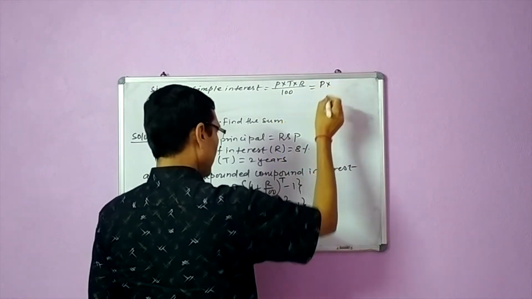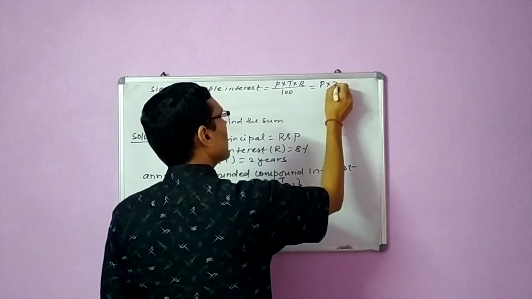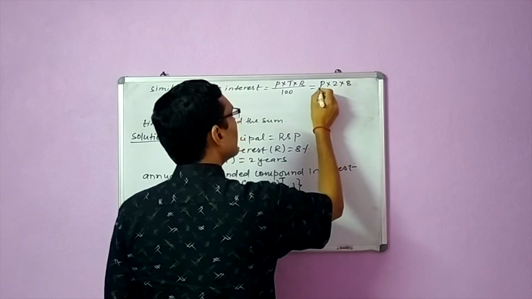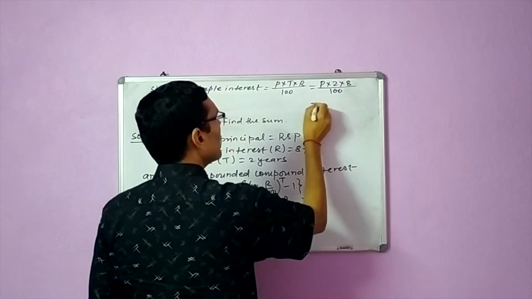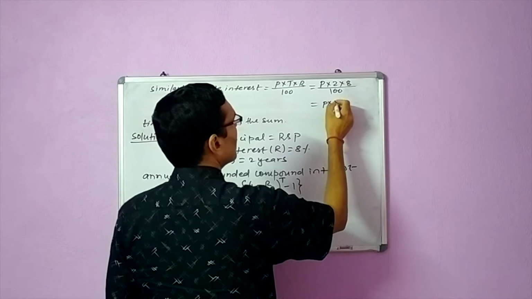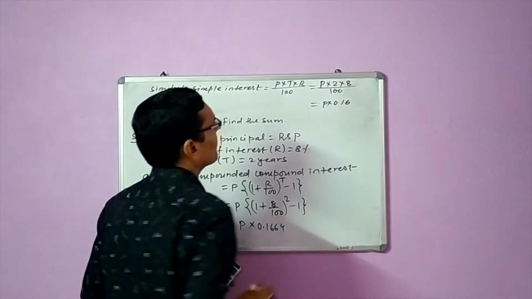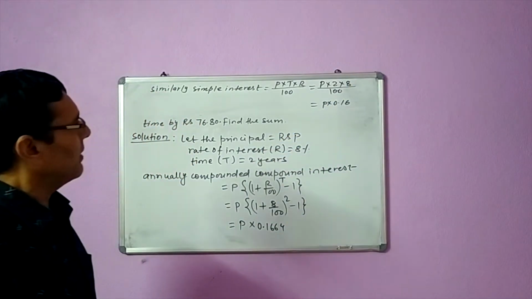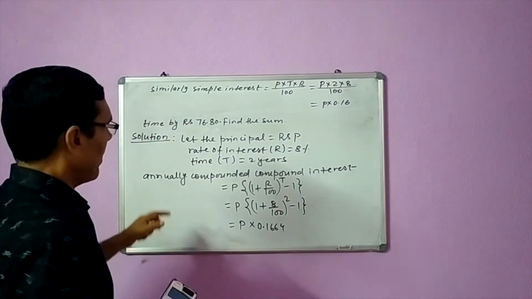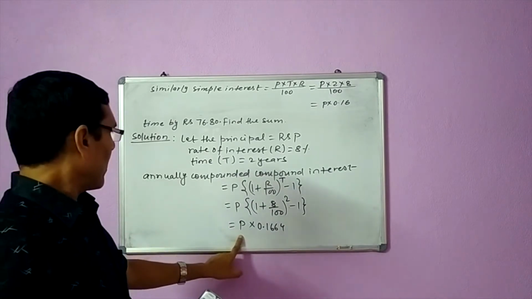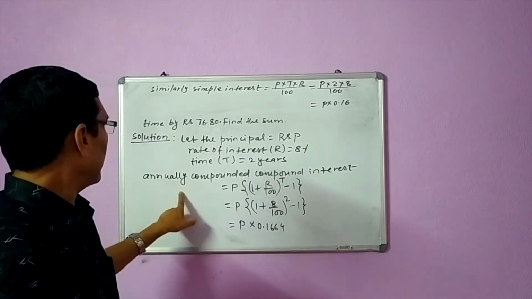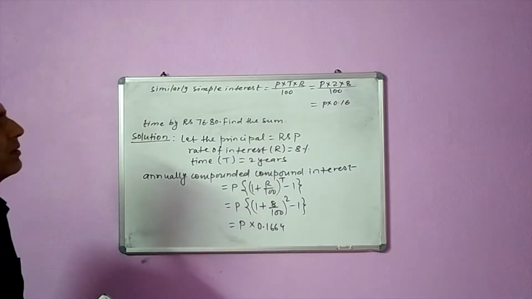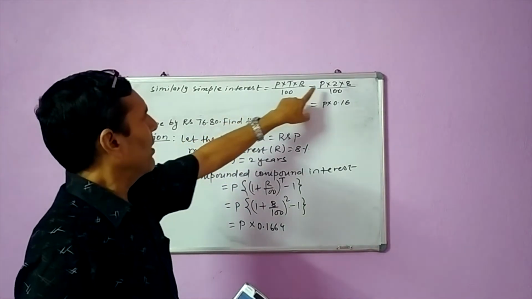P is P, time is 2 years, rate 8%. So from this we get P into 16 divided by 100, which is 0.16. So this is the compound interest compounded annually, and this is the simple interest for the principal P for 2 years at the rate